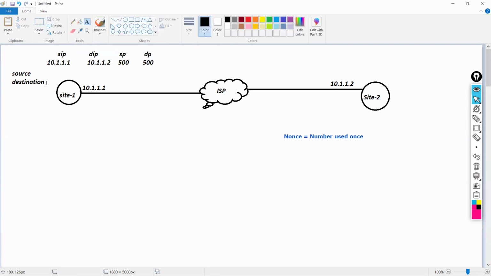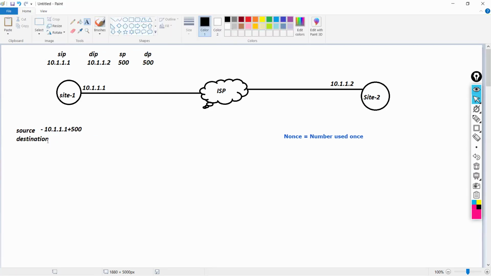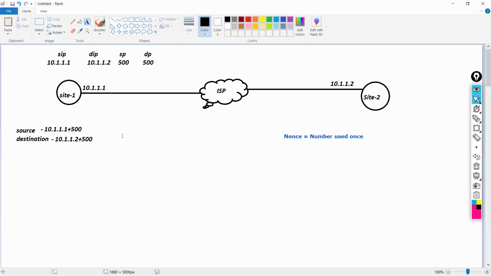Now, this will calculate the source checksum. A source checksum will be calculated here, a combination of 10.1.1.1 and its port. First these two things will be combined, and then they will calculate the checksum. And here the destination checksum will be 10.1.1.2 with its port. Clear? Now, if there is no translation device in between, when this guy responds,